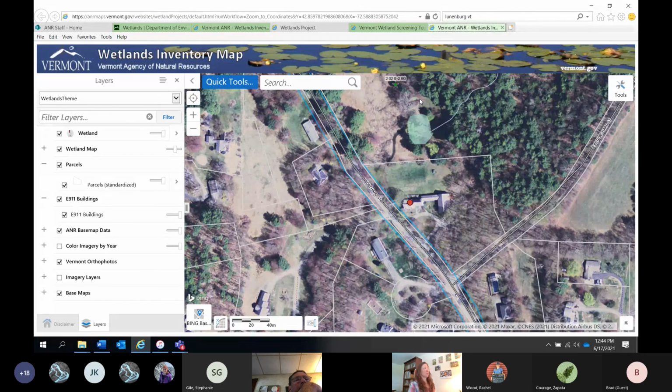So the information that we do get is publicly accessible. So you can get a copy of the application, you can get a copy of the permit, and the application will include a set of plans and a delineation that shows where that wetland is. Even if you own the adjacent property, or you're looking at the adjacent property, the delineation may show the wetland going up to the boundary with an indication that it keeps going. So that would be good information for you to have, even if the property in question isn't the one that has the permit on it.